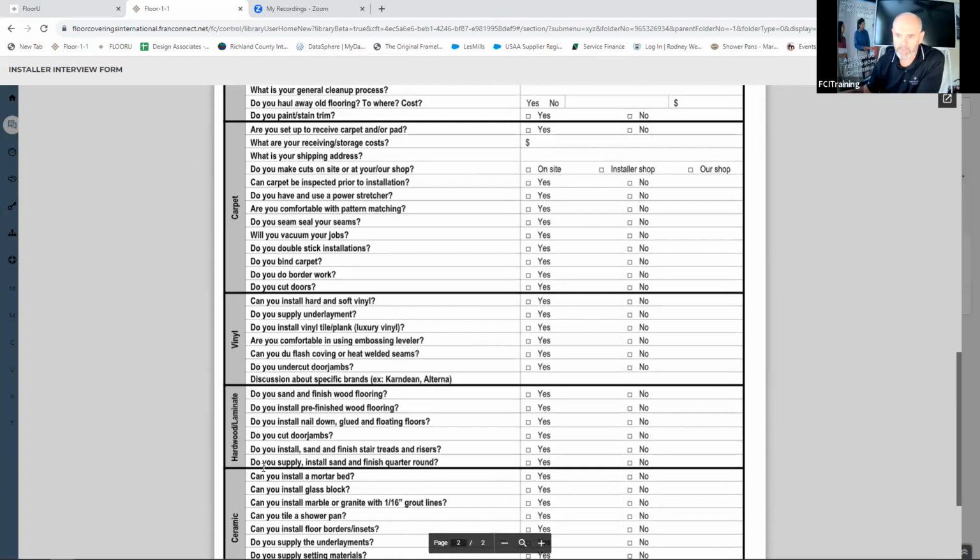So, carpet questions, vinyl, hardwood, laminate. A couple of things that I find, for me personally, to be non-negotiable. Do you have and use a power stretcher? To me, this is non-negotiable because a lot of your carpet warranties are not valid if they're not properly stretched